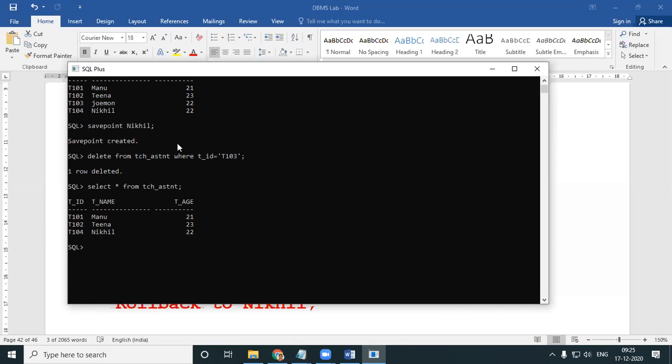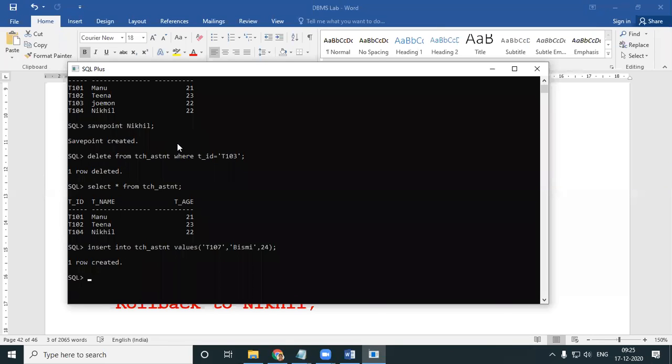Jomon has gone. Let me insert something. Insert into tch assistant values, I'm inserting now a new value. Let's say T107, BISMI, 24.